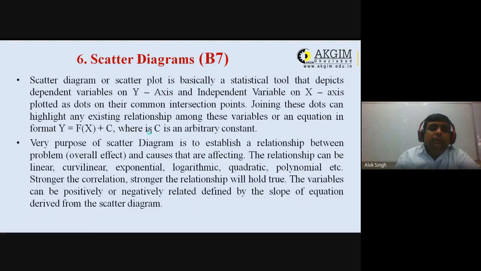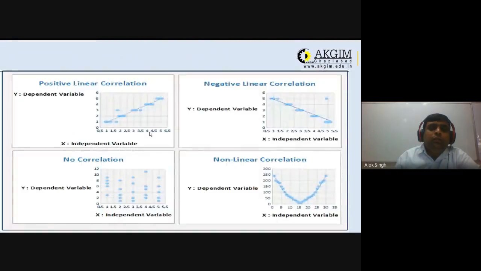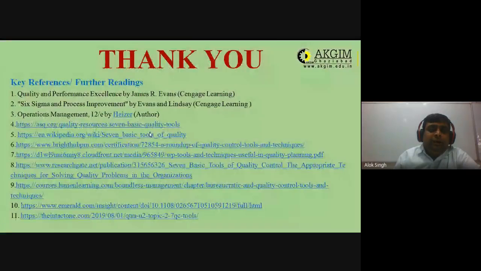So these are the 7 tools that you may use to deal with your quality related problems. For further study, here are some references. First is your textbook, second and third are some good reference books, and the rest are some good blogs and links of some good research papers that you may access for further study about the topic, that is 7 QC tools,